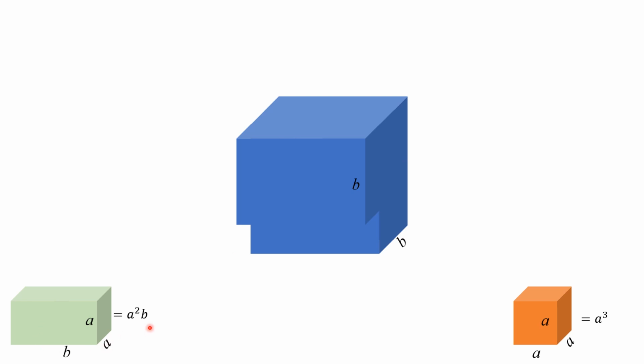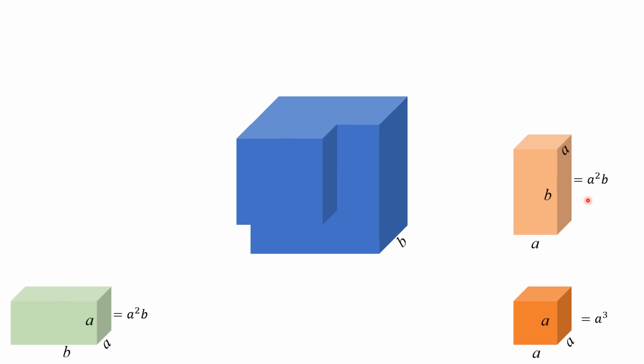Now think about another portion of this main cube, like this one. This is again a rectangular parallelepiped whose breadth, height and length are a, b and a, and therefore the volume of this rectangular parallelepiped will be equal to a into a into b, which is a square b. Let us take away this smaller parallelepiped from the bigger cube, and we will get this portion like this, and its volume is equal to a square b.